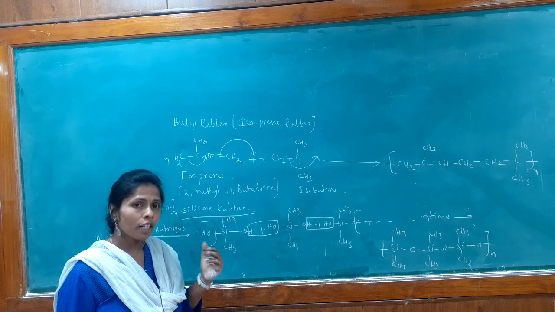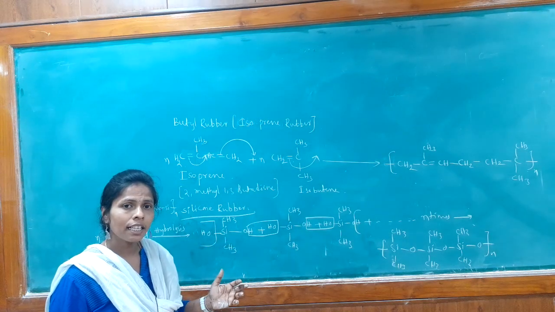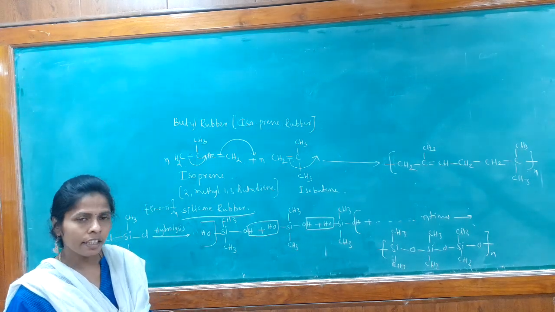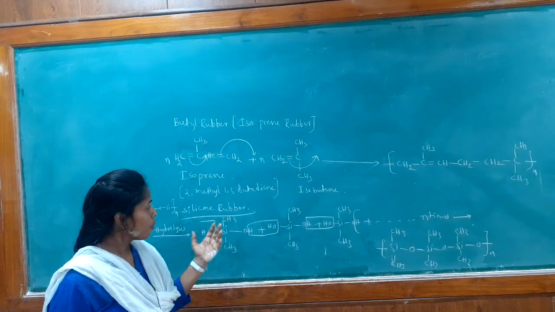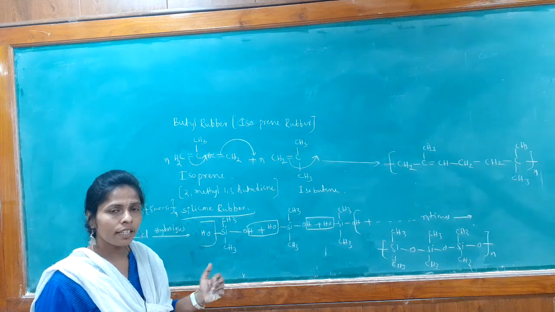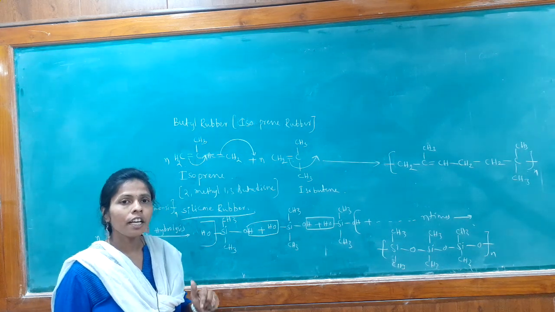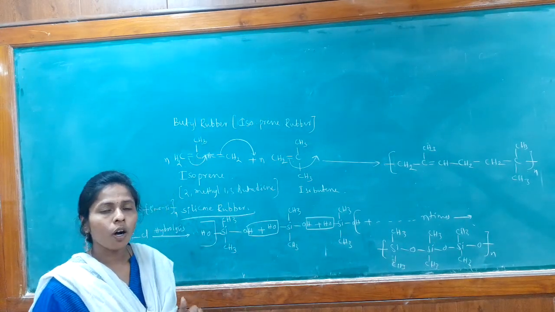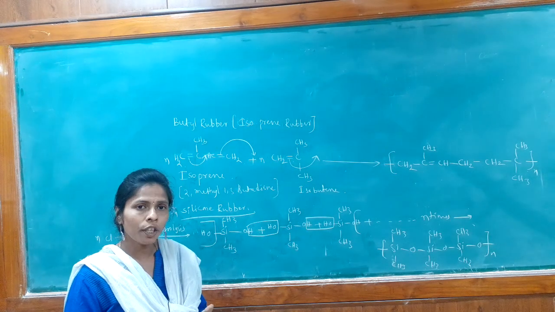Due to the water repellent nature of silicone rubber, it is acting as the coating material in the tanks. Especially in the tanks, we are using the silicone rubber instead of the butyl rubber because it has more water repellent nature. Because of that reason, we are using this as the coating material in the inner walls of the tanks. And not only in that, we are also using it in the paper industry, that means for coating of the paper.